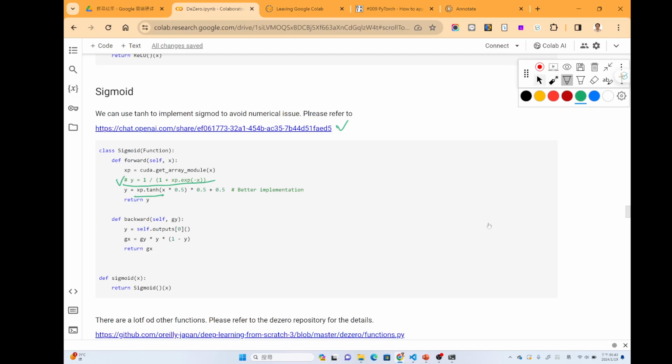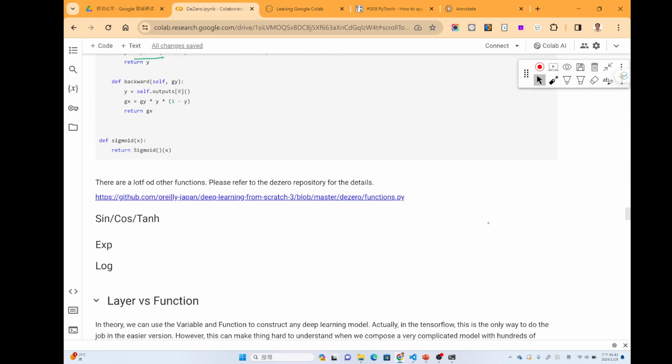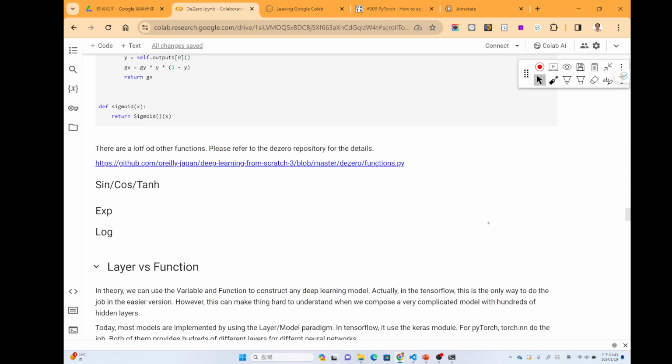And then there are a lot of other functions implemented in the DeZero framework, and you can check the link for all the implementations.